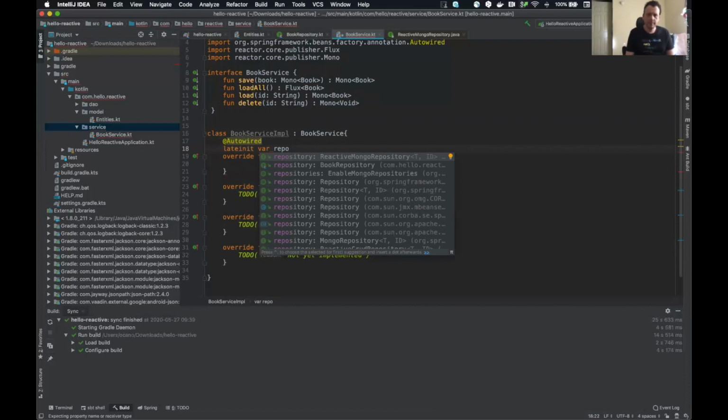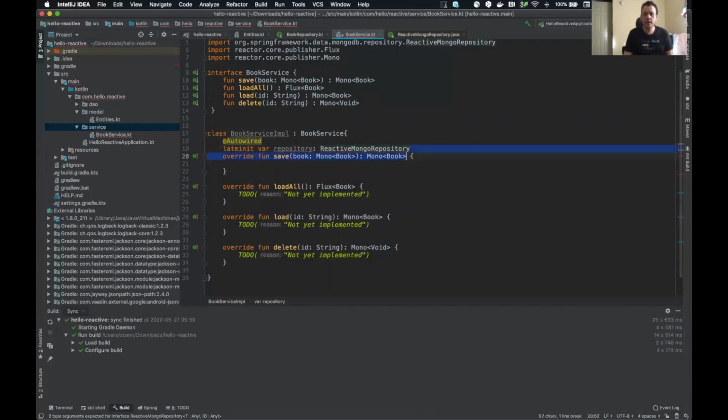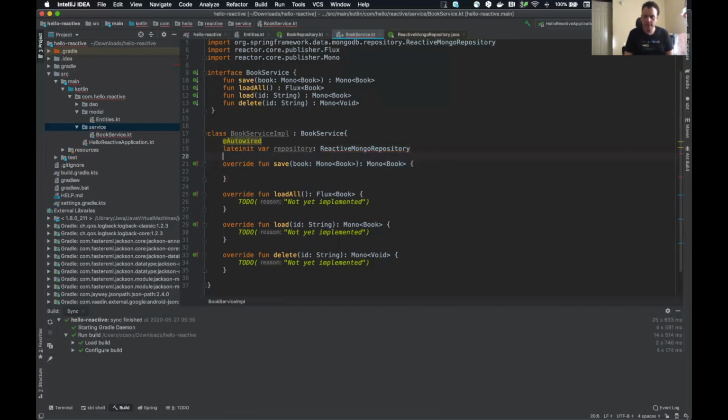And okay, we have a repository, and this won't be a reactive repository, it will be our book repository. And with this one, we create a new variable that we will use inside of here. Well, this will be very easy. We need to create a save method, and the save method will return